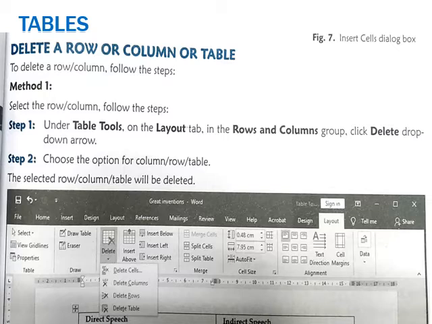If you click on delete, you can see 4 options: delete cells, delete columns, delete rows and delete table. So accordingly you choose and that particular activity will be performed. If you are opting for delete rows, the entire row will be deleted. If you are opting for delete column, after placing the pointer at any specific column, that whole column will be deleted. If you say delete cells, it will just remove a cell from the table, and if you want, the entire table will get deleted.